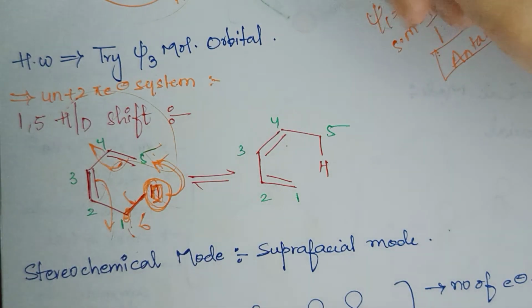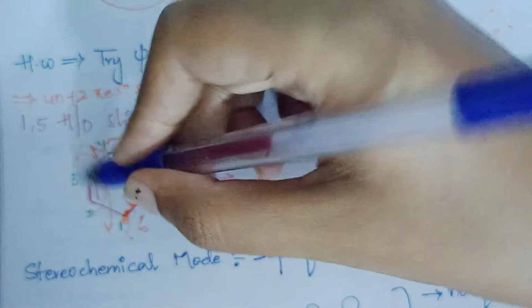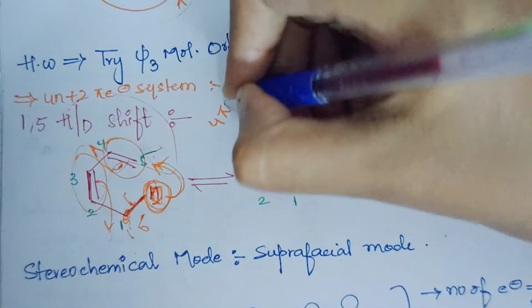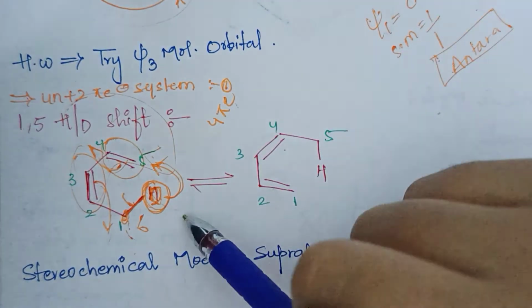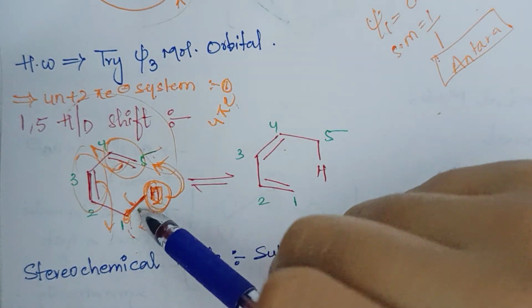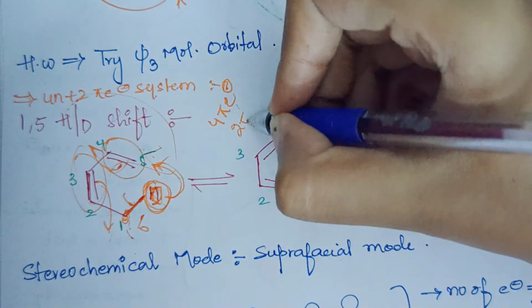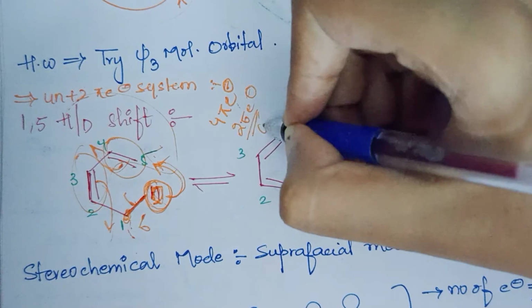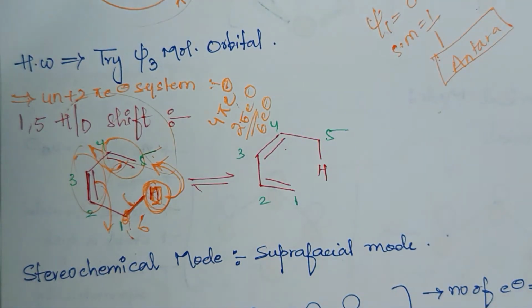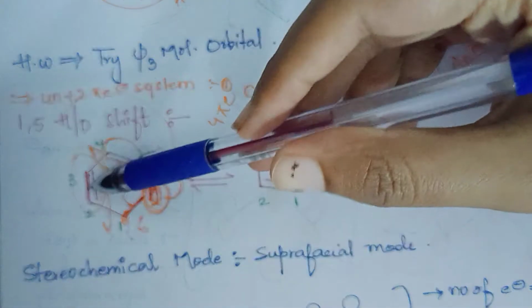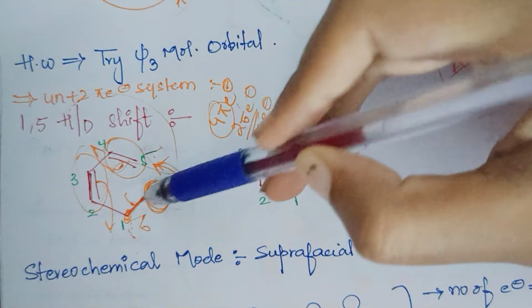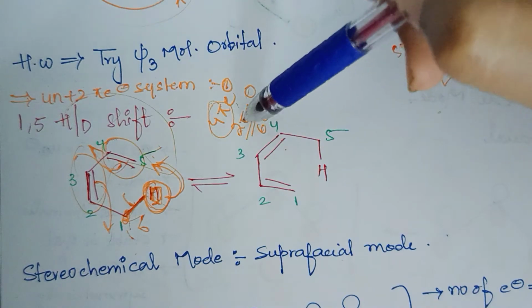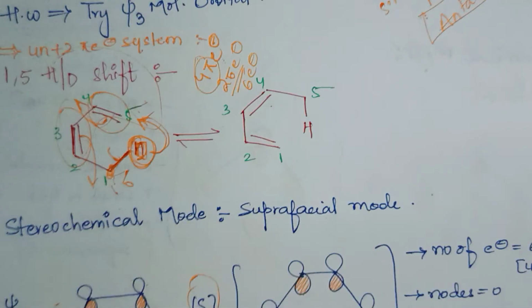So here we will count the number of electrons. Here 2 electrons, 2 electrons. Total how many? 4 pi electrons are there, because we are having 2 pi bonds now, that's the reason 4 pi electrons. Here 1 sigma bond is participating, so 2 sigma electrons. Total number of electrons are 6 electrons. So how will you count it? How many pi bonds are there? 2 pi bonds are there, that's the reason I wrote 4 electrons. Now 1 sigma is also participating, so 2 sigma electrons. Total number of electrons are 6 electrons.